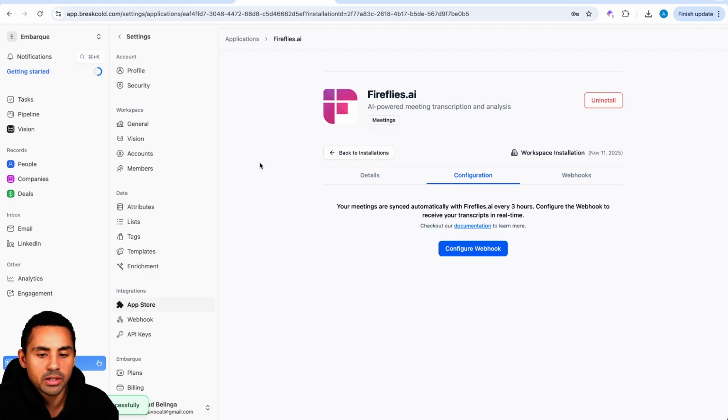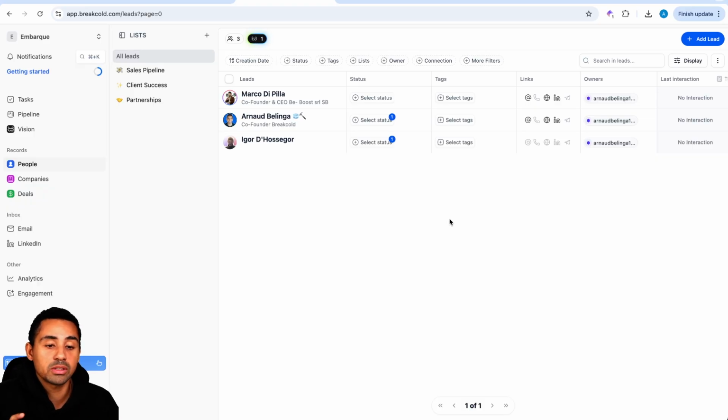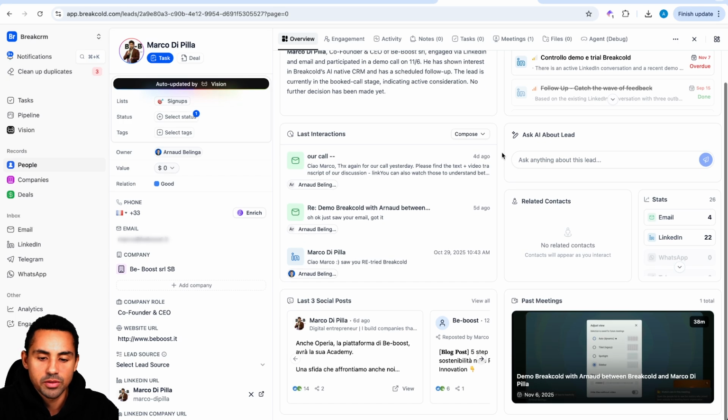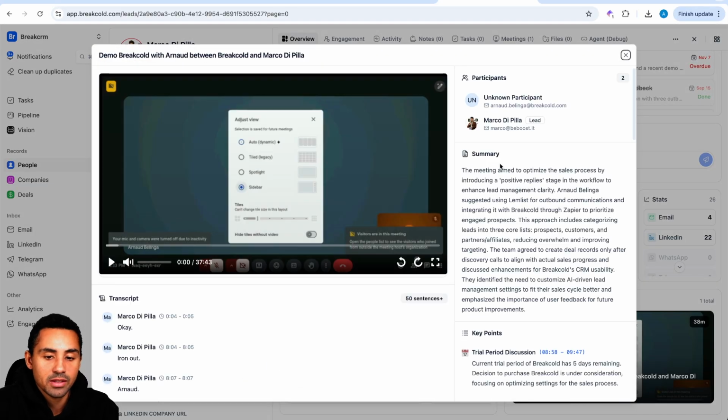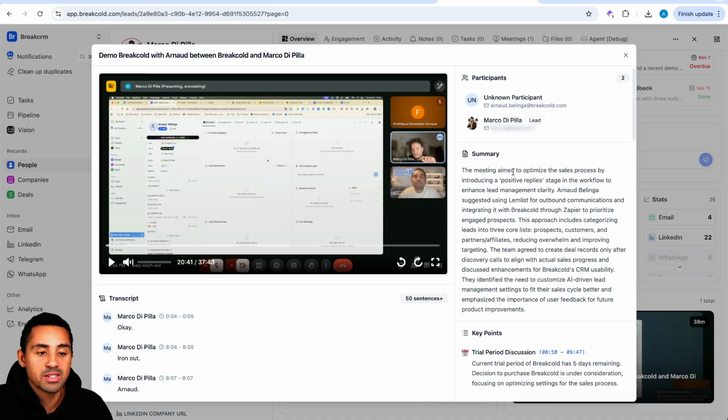And so from there, just by the fact that you have the email address of your leads with whom you had the meeting, it will sync the meetings automatically. So it can take a couple of minutes the first time you install the application, so I will show you how it looks like with my account. So this is how it looks like with my account. So you see on the bottom right, we have the meeting that automatically synced here. And so now every time you do a meeting, after 20 to 30 minutes, it will automatically sync in the CRM